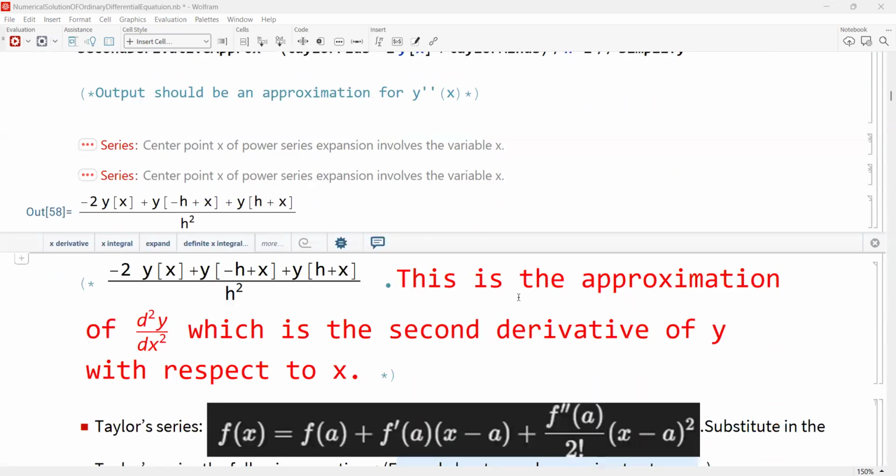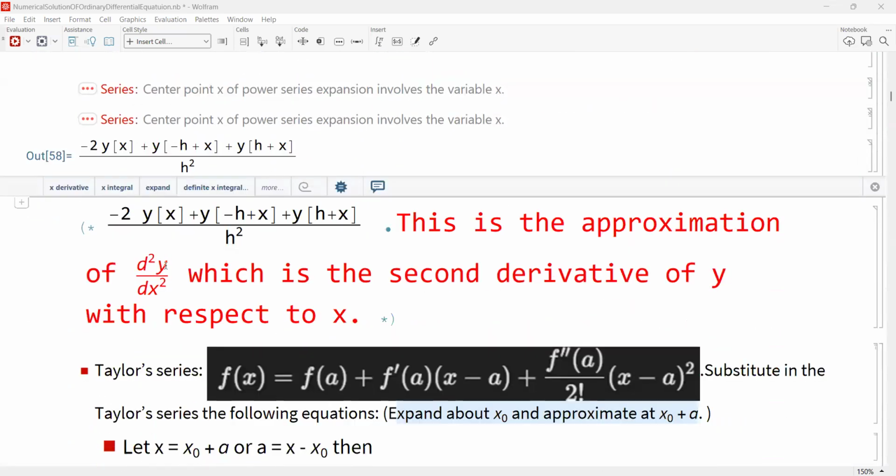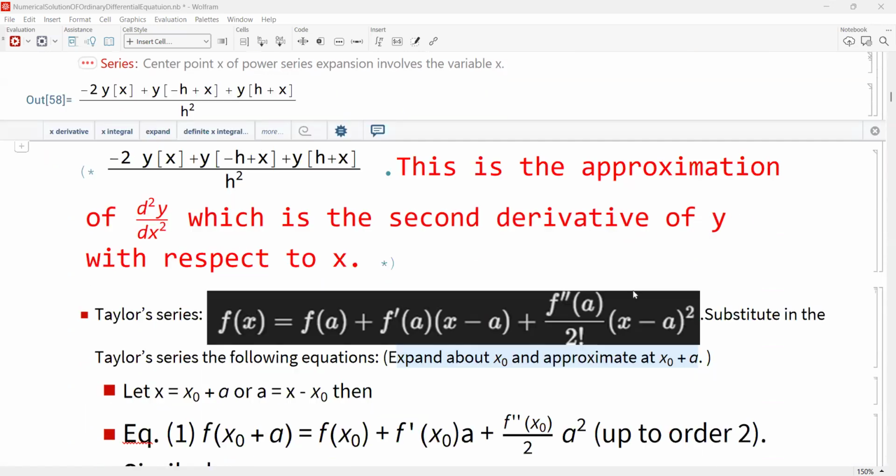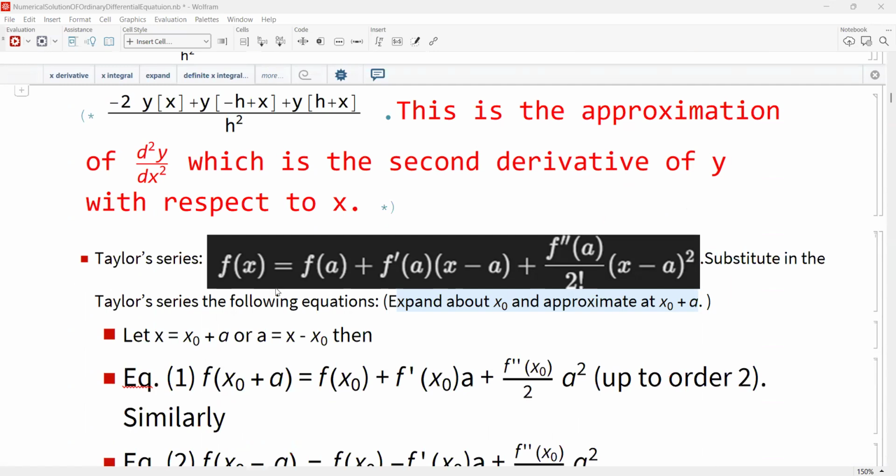Okay, so this is the approximation of the second derivative of y with respect to x. So the Taylor series here. This is the approximation. This is the Taylor series for the second derivative of y with respect to x here. So substitute in the Taylor series following the equation, expand